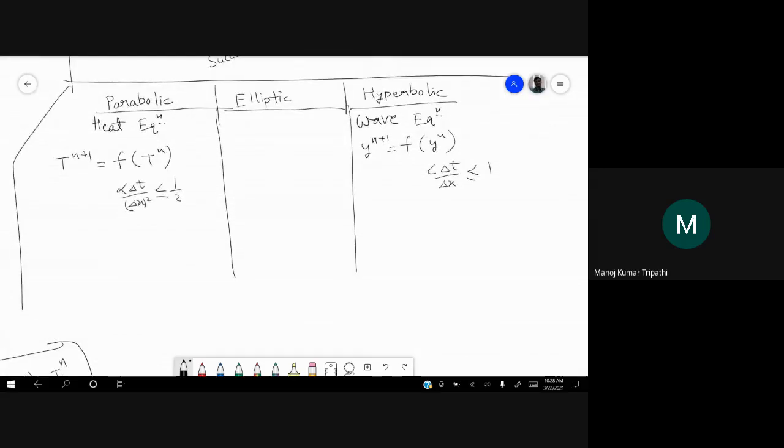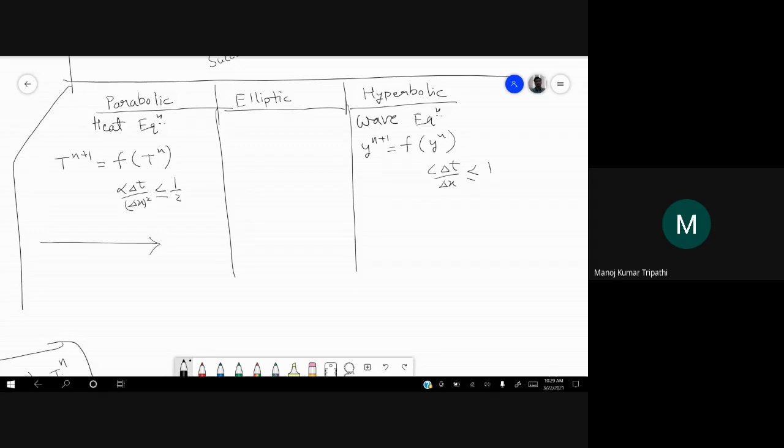don't have this time term. They are not direction dependent. For example, here there is a direction in which the solution moves. There is this time direction. It cannot go back in time. You always have next time step. Okay, and the solution depends on the previous solutions, the previous time step. It is not that the solution can depend on future time steps.